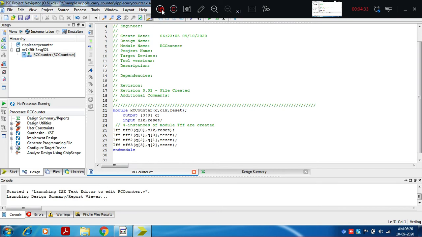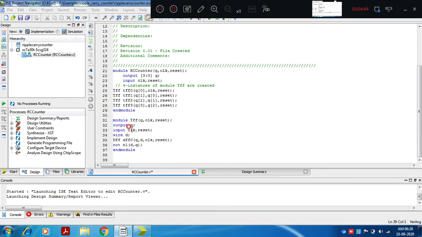We'll write the next code for a T flip-flop, a component used in the RC counter top level code. We have developed code for the T flip-flop which involves Q, clock and reset, where a D flip-flop is used as a component, and a NOT gate.